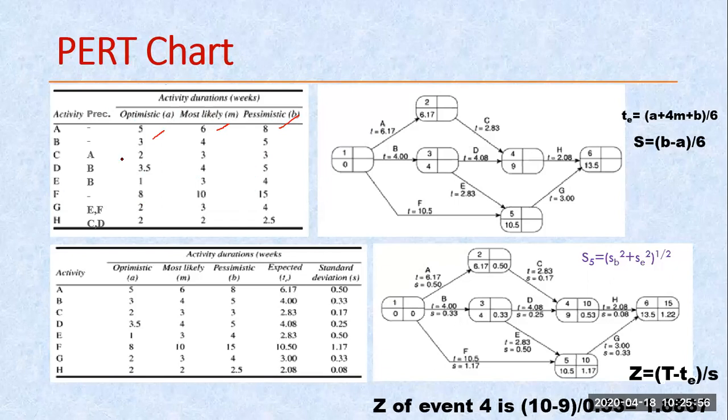Rest of the network is the same. We have taken the same example. A having no dependency, B having no dependency, F having no dependency, C dependent on A, the same. But the values have changed. At that time we had a single duration. Now we have 3 different types of duration. So we are using the same concept for drafting this network.